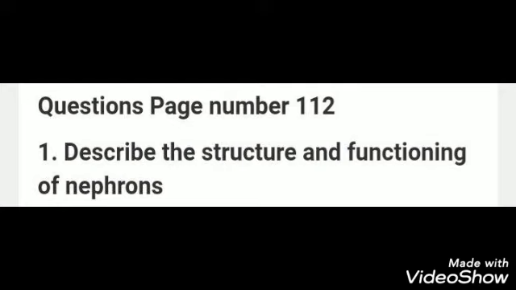The main components of nephron are glomerulus, Bowman's capsule, PCT, which is the proximal convoluted tubule, loop of Henle, DCT, which is the distal convoluted tubule, and the collecting duct. Now the functioning of nephron. The blood enters kidney through the renal artery, which branches into many capillaries associated with the glomerulus. We all know that glomerulus are a bunch of roundabout 50 capillaries. The water and solute are transferred to the nephron at Bowman's capsule.